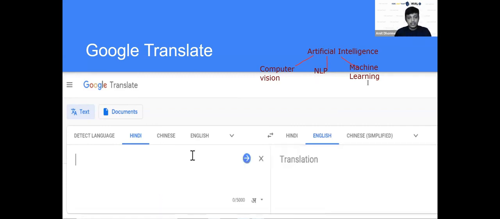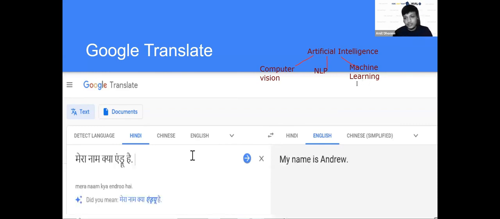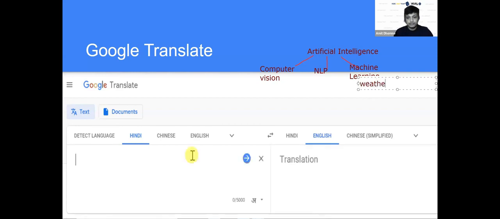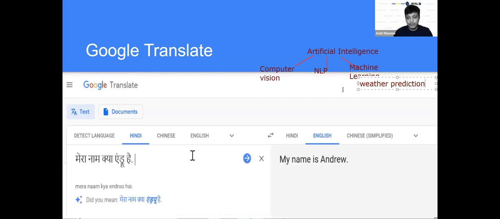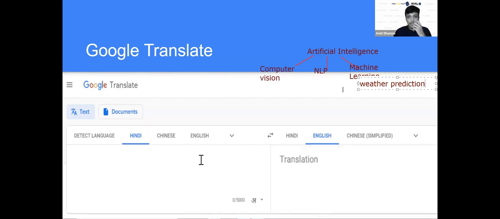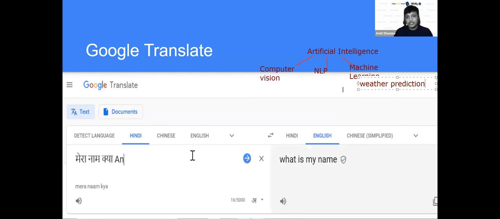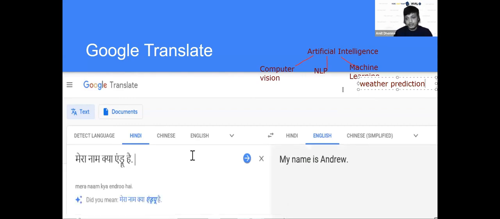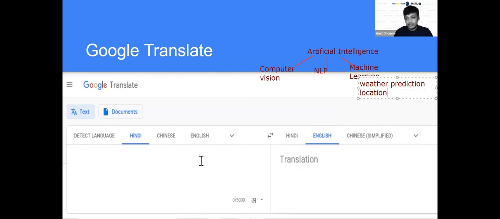Machine learning is used to train a model, meaning a machine, and do prediction, like weather prediction. For example, Google uses it to predict the weather and to predict the location.